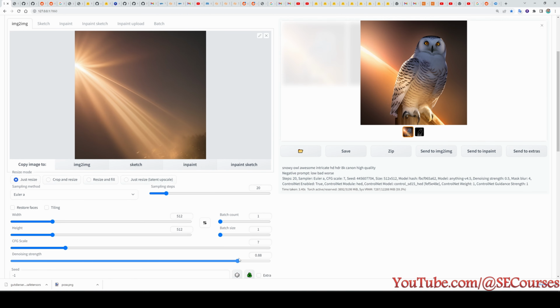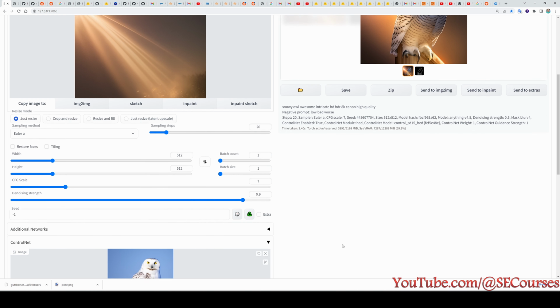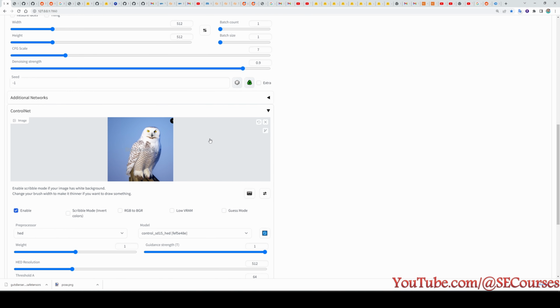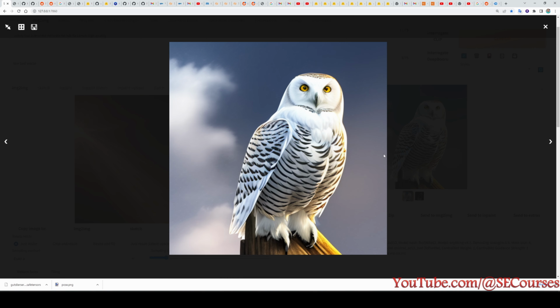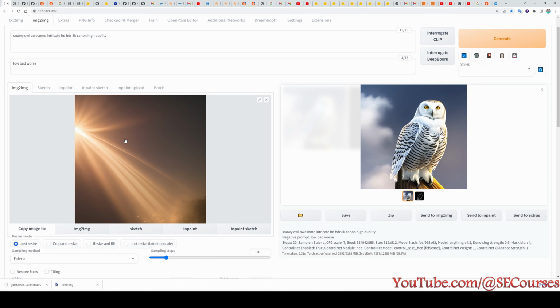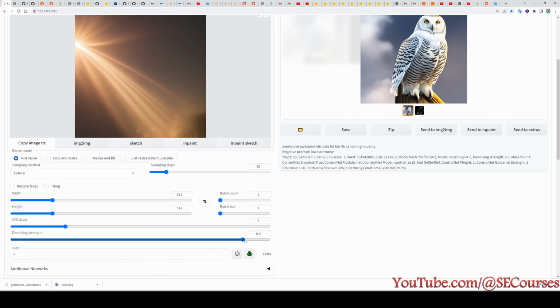What happens if I make this like 90%? So we are going to get an image almost like this without any mixing. And you see this is the 90% result, almost no mixing actually. So the key point is that you need to try denoising strength.